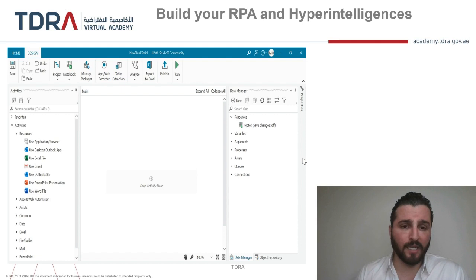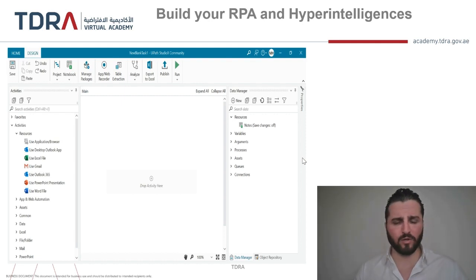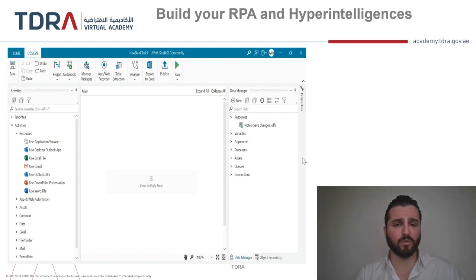So what we can see here is an interface of UiPath Studio X, one of the tools that can be utilized for robotic process automation for any process we have. The UI/UX is almost common for most of the RPA systems, applications or platforms around the world. They are using almost the same way of building the UI or UX, or the same methodology.